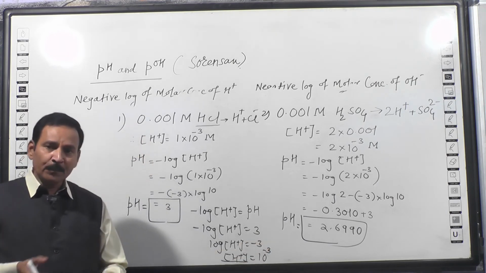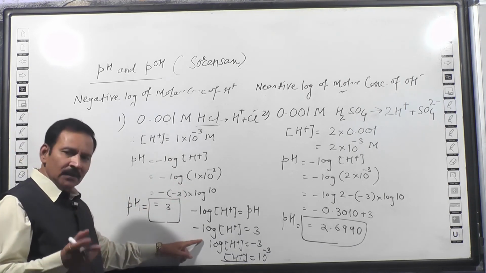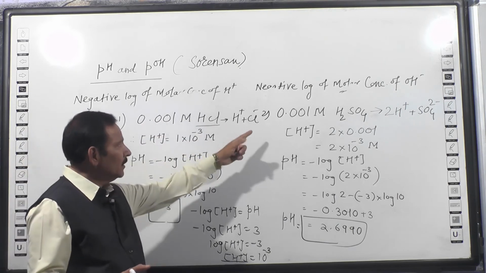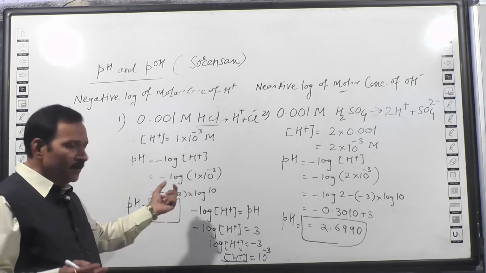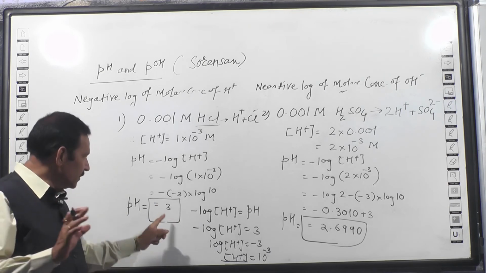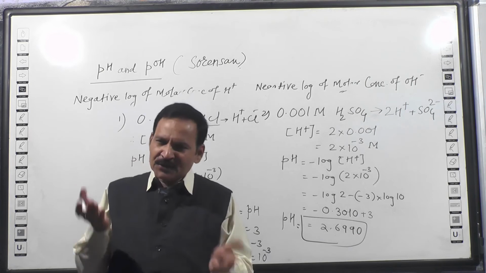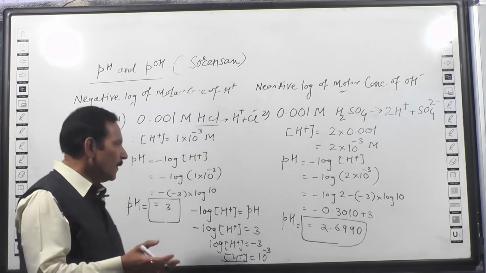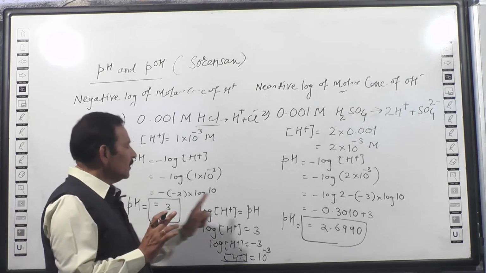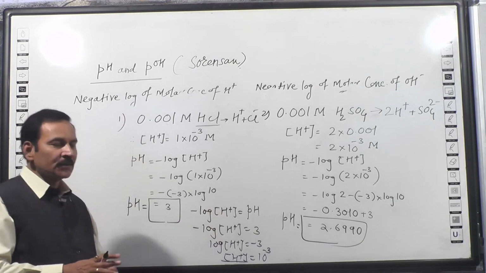So this pH scale given by Sorensen, or the concept of pH, is very important in different fields. If we are having acids, you can calculate their concentrations in real numbers now. Just here we are talking that pH is 3, we are talking pH is 2.6990. So the concentrations of acids or bases or any solution is now converted into some small real numbers like 3, like 2.6990, in this way by using the concept of pH and pOH.